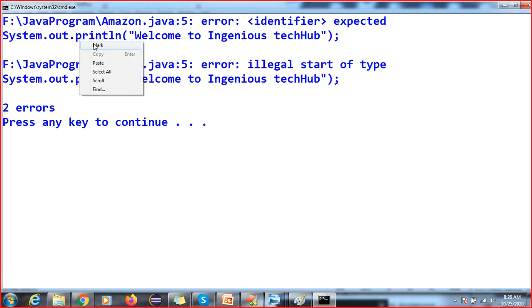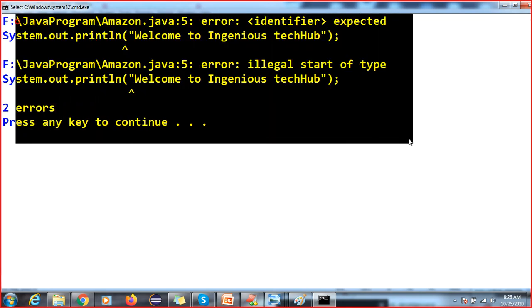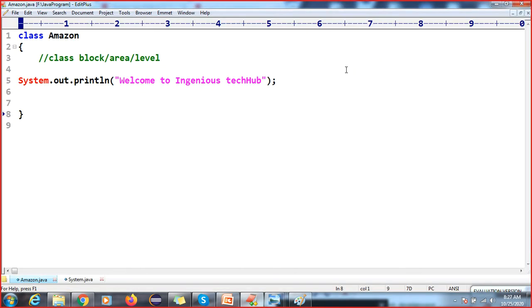You can see the compiler is throwing some error: illegal start of type. First I will tell you what the job of the compiler is. The compiler's job is, if you are writing any code, it will check the syntax of the code.